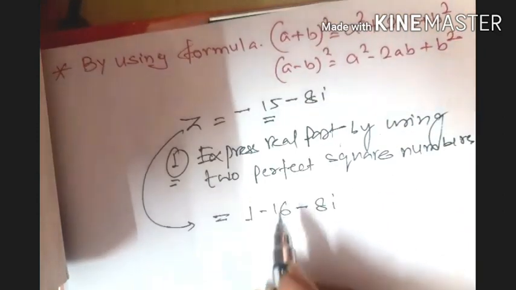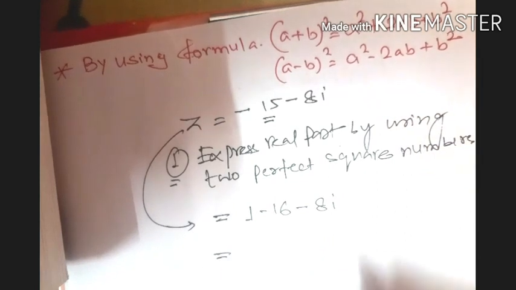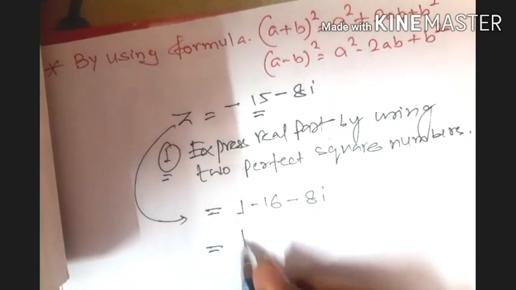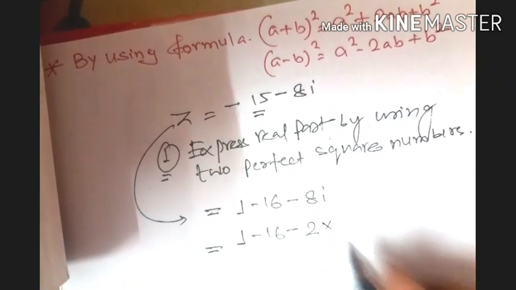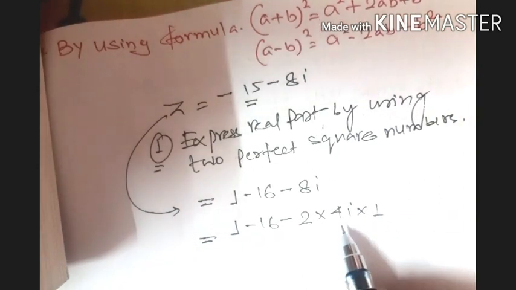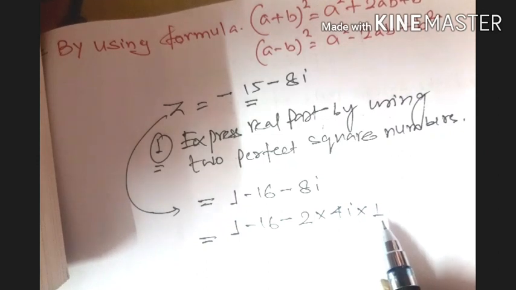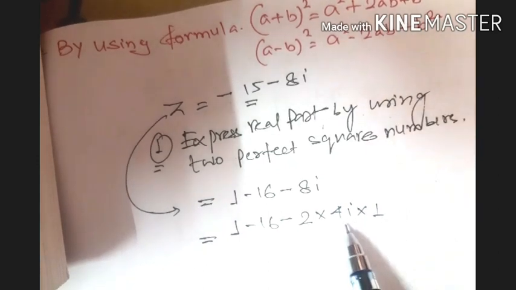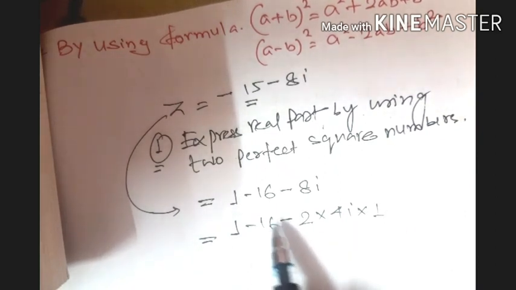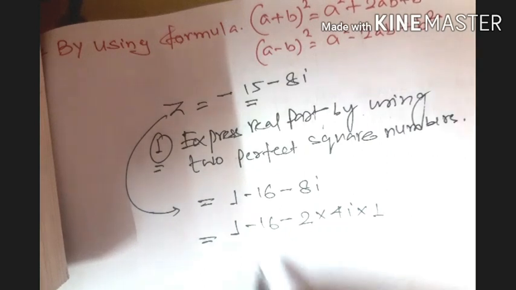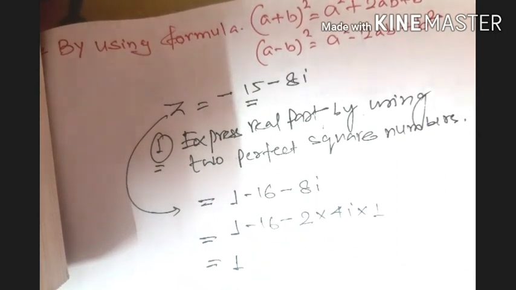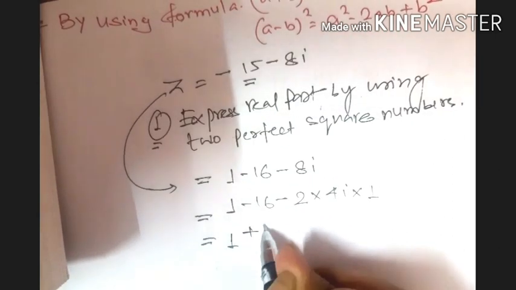Now still here is minus 8i. So if you want to express 8i in the form 2ab, how can we write 8i in that manner? That is 2 into 4i into 1, isn't it? That means either a equals 4i and b equals 1, or b equals 4i and a equals 1. Now as ab is here, we have to represent it the same way. So how to represent it? 1 minus 16, and minus 16 can be represented as plus 16i square.